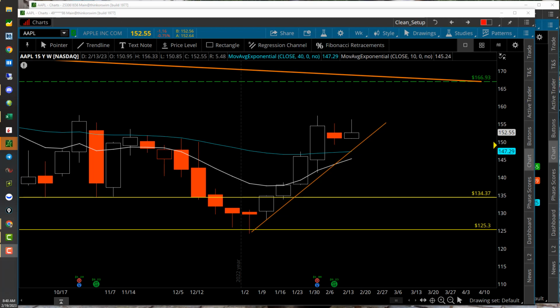Apple looking fantastic here after the big run from the 130s. Those of you who've been riding it with me in the room, fantastic. You guys have made some pretty good money, about $18 of profit. I've been talking about the 40 and the 10 weekly moving average, holding the stock pretty